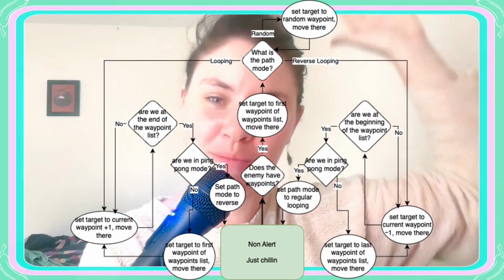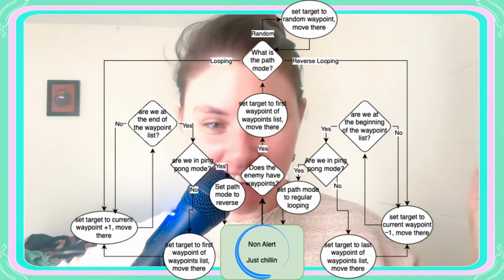The topic of this video is adding one more movement method to our NPC, which would be a kind of ping pong mode. And this ping pong mode is only activated if you are looping through either reverse or regular looping. So let's take a look at now our giant flowchart of different ways our NPC could be moving around